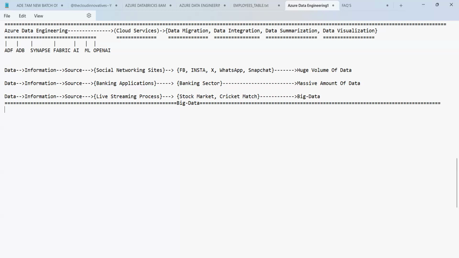So what do we mean by big data, guys? Big is nothing but huge, and data means information. Huge information is called big data. So big data is nothing but a huge volume of data. Then the next one: the huge volume of the data